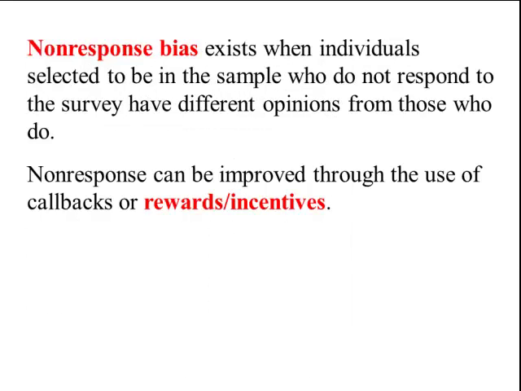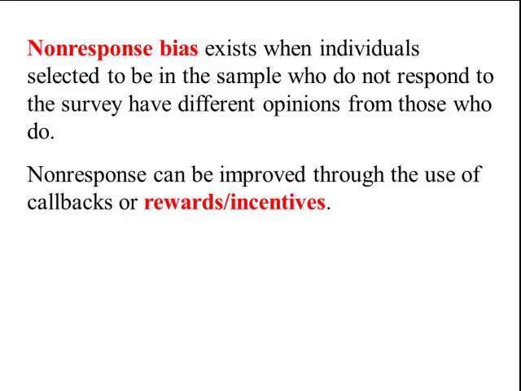Roosevelt. Non-response bias exists when individuals selected to be in a sample do not respond to the survey and have different opinions from those who do. Non-response can be improved through the use of callbacks or rewards and incentives. Walmart is actually doing this, and there are a lot of fast food restaurants that do this. You look on the back of the receipt, you call in this phone number, and you can have a chance